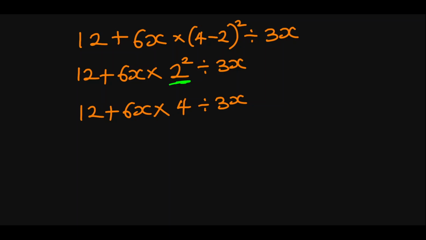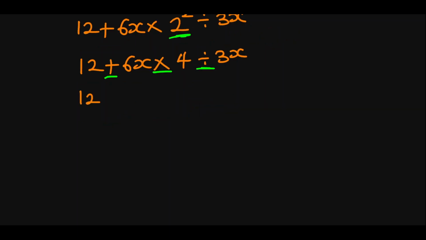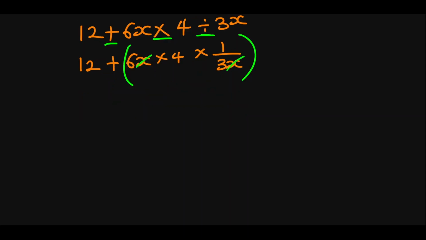We still have to use order of operations because we have operators from different families here. So as usual, we will convert the division. So this is 12 plus 6x times 4 times 1 over 3x. We still have plus and multiplication, which are different families. So based on the order of operations, multiplication should come first. So let's put brackets here to show that we are doing all the multiplication first before we add 12 to it. X will cancel x up and down, and then 3 will go here 1, 3 will go into 6 to give us 2. So this now gives us 12 plus 2 times 4 is 8. So 12 plus 8. And that now gives us a final answer of 20.